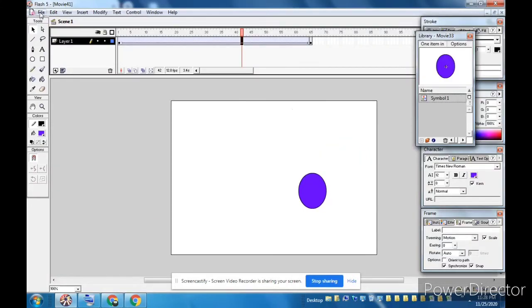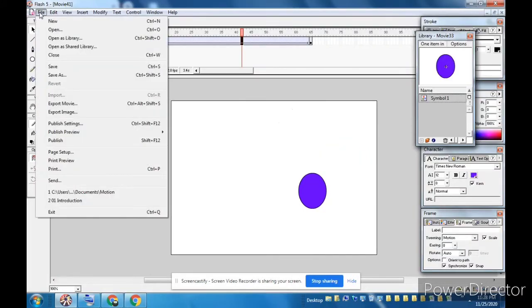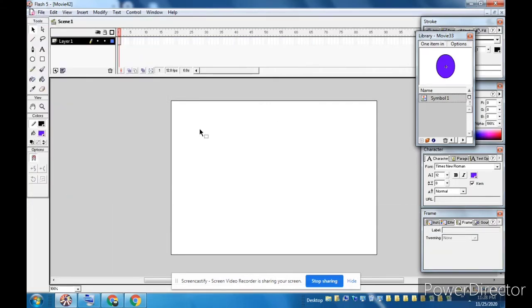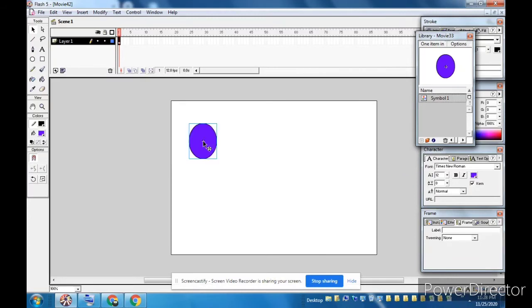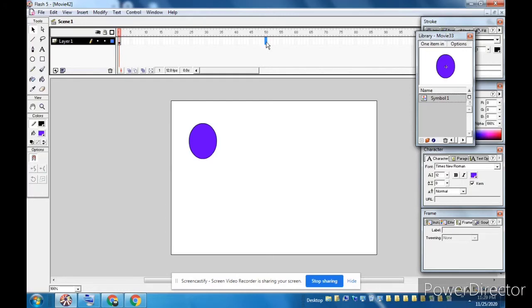Next we will see motion guide tween. As it is clear by the name also, in this we will guide the motion. How can we apply? Again we will add the symbol. Click on frame 1. Then add the symbol. After adding symbol, next click on any frame, then insert keyframe. After inserting keyframe, next step is add guide layer. Click here to add guide layer.